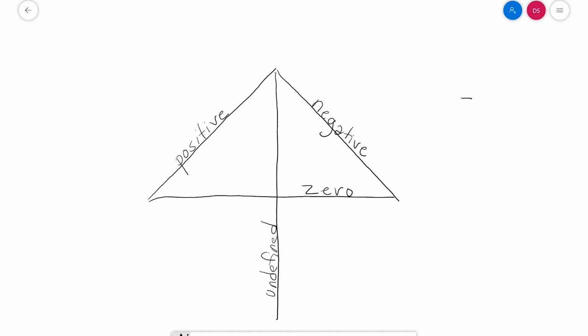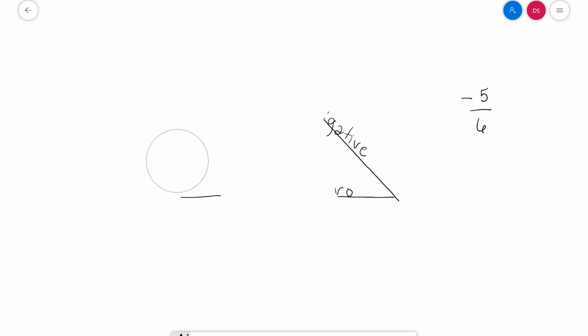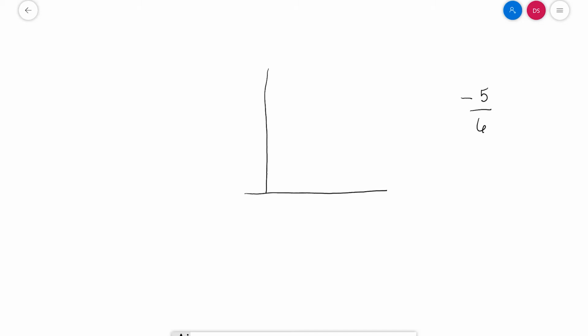One more thing is, if you are given a negative slope and you have to plot it on a graph, which I do not have graph paper right now, so just be patient with me because my lines are not going to be very straight. If you're given the point 2, 2 and a slope of negative 5/6, then to count the rise and run off so that you can